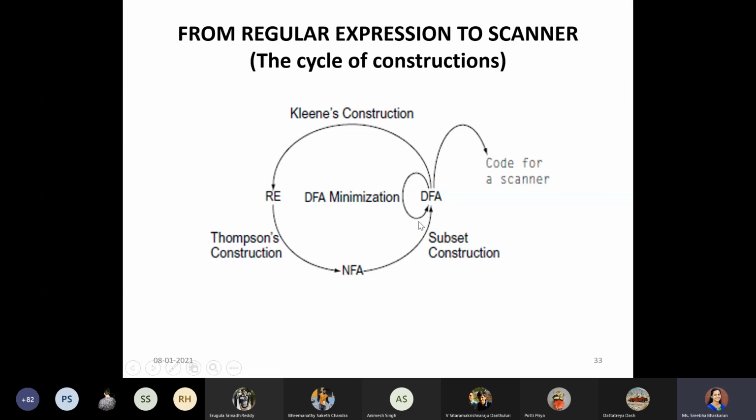Okay. So we'll continue with the theory of scanners. We were discussing the regular expression in the scanner section: how do we write the regular expression, what operations we can use on regular expressions, and how the DFA would be. These were the things we have discussed so far in the scanner section.